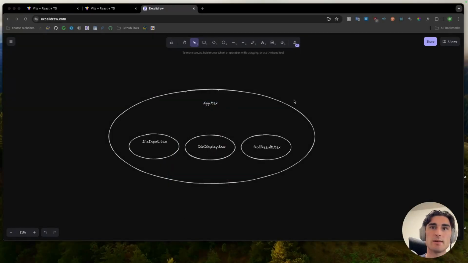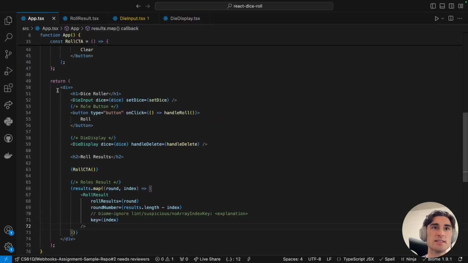A better way to think about our component structure isn't as if we have some hierarchical thing that is passing information down into each child. A better way to think about it is that your top level component wraps all of the children and puts them into one sort of consistent namespace, one consistent context through which it exists separate from the rest of the application that might exist, somewhere over here. And when you look at our code, you can see that our app is literally wrapping our DieInput, our DieDisplay,